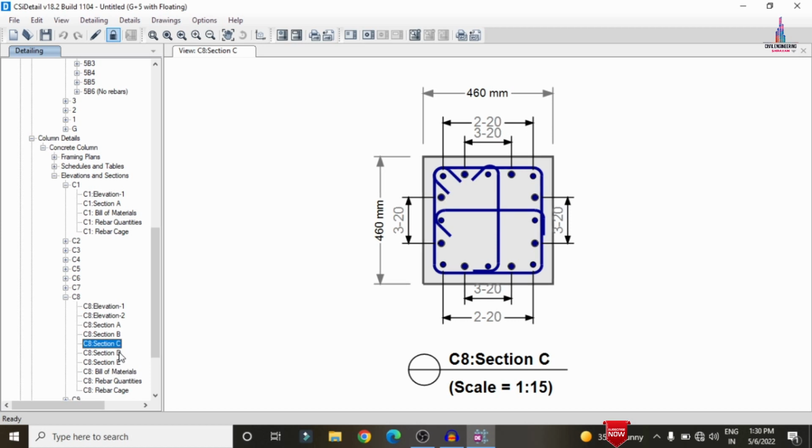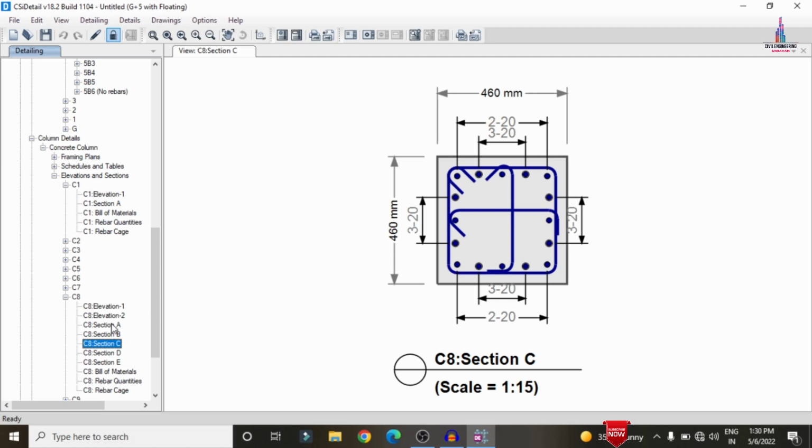So now we can see it will change the reinforcement values according to the required loads. Sometimes it will show you 22 bars, sometimes 20 mm diameter bars, sometimes 25 mm diameter bars. Due to the presence of the overburden load at the ground story section, it will show you the extra reinforcement diagrams here like this. Okay.